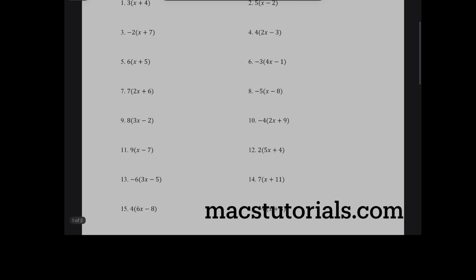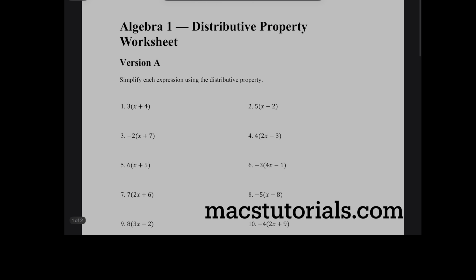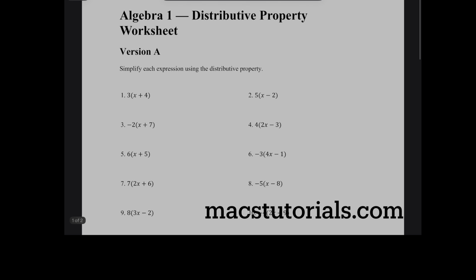A is going to be pretty straightforward. It's going to be similar to ones you've already done. So if you feel really good about that, go on to version B and C, and they're going to get a little more difficult, and they're going to look a little more like what you're going to have to be able to do for factoring. So before we go any further, let's go ahead and do A and just talk about the basics of the